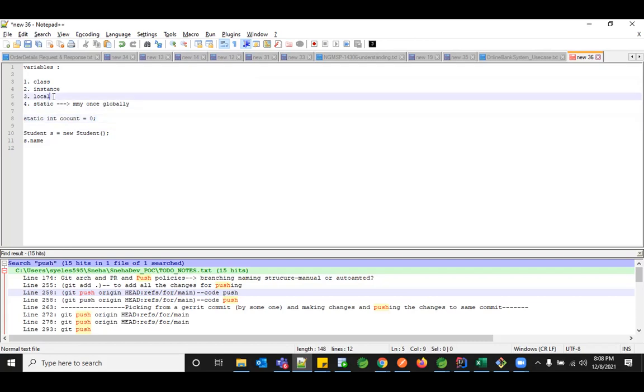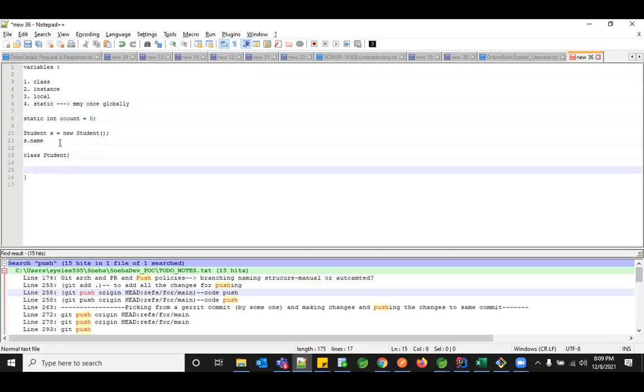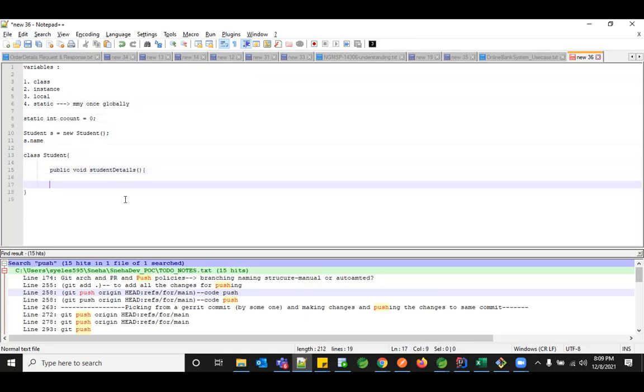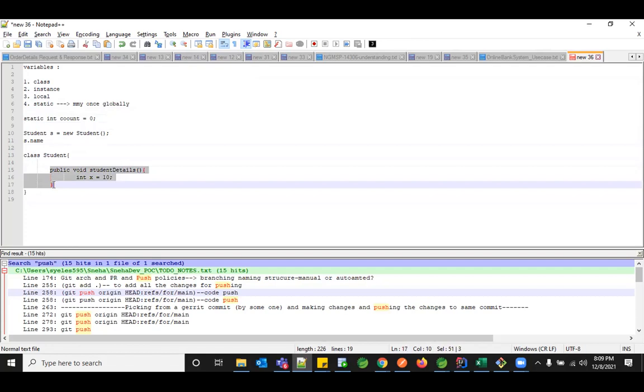What are local variables? Local variables are something which you define within your method, which is not accessible outside your method. For example, say you have class Student, and here you have a method studentDetails, and within this, if I create some variable, for example int x equal to 10, some random variable, this x equal to 10 is not accessible outside this method.